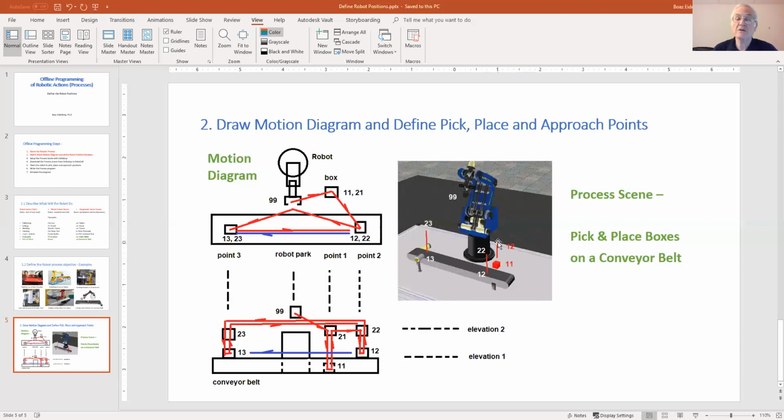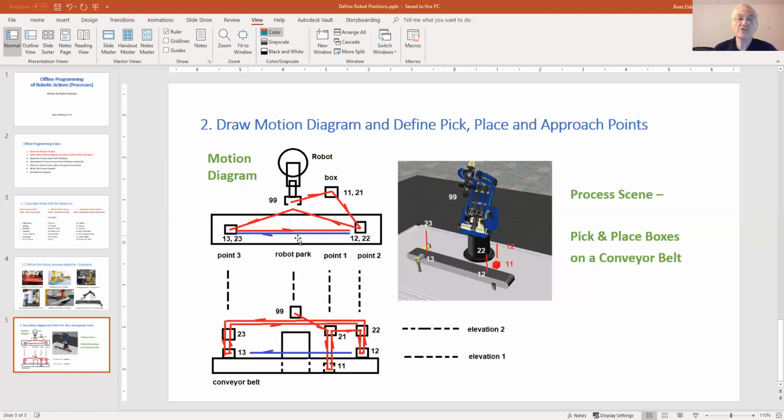It goes back to the approach position 2-1, and then from there it goes to the approach position of point 2, comes down to the place position, point 2 at the lower elevation, comes back up, then goes to the park position, coming back to pick the part in position 2-3, and then picking it up in position 1-3, back to 2-3, and then to any other place where we want to place the part.